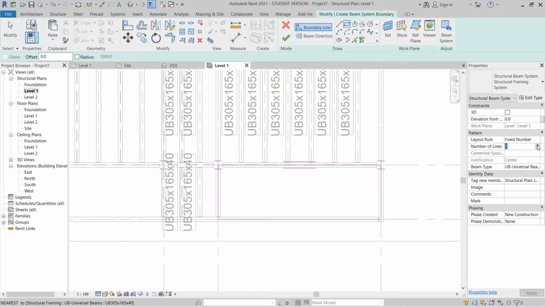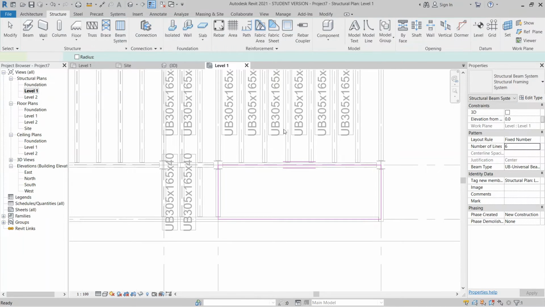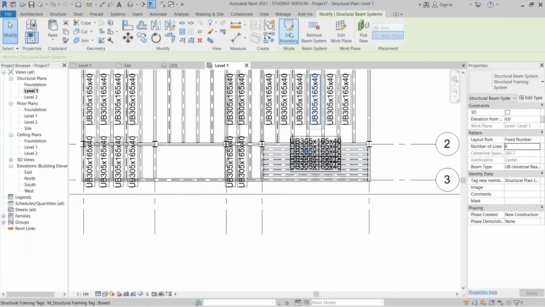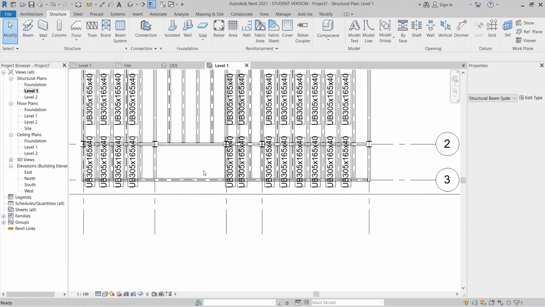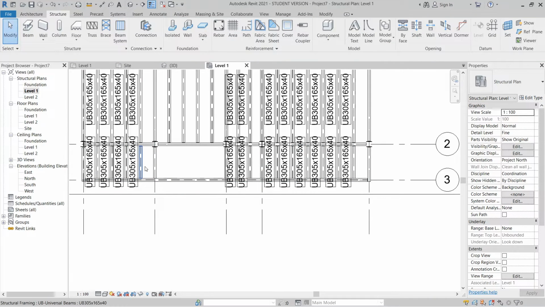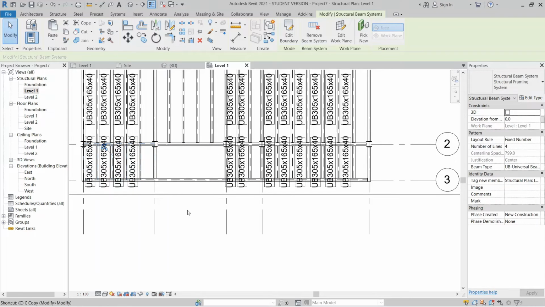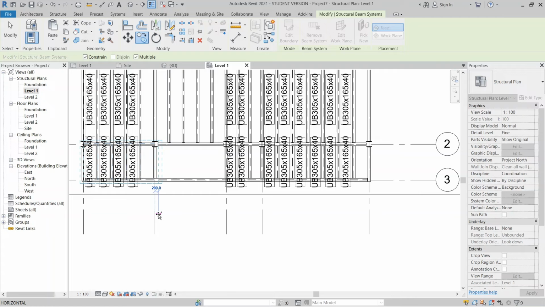I change this one to 6 also, then just hit finish first. Okay, we forgot again. Hit escape. This one I just select here, then copy from here until here.